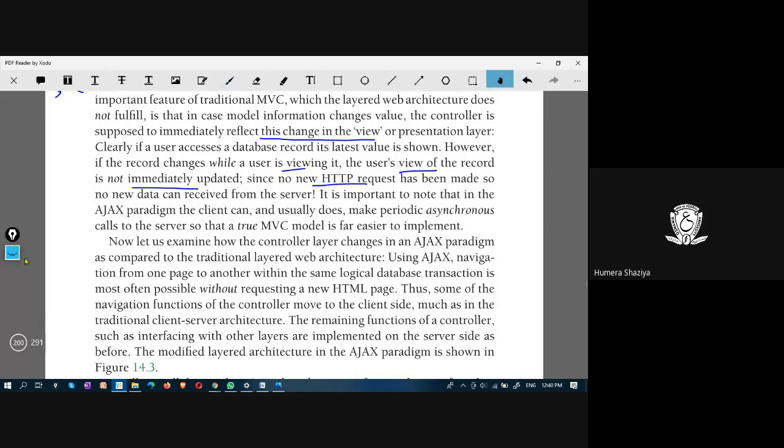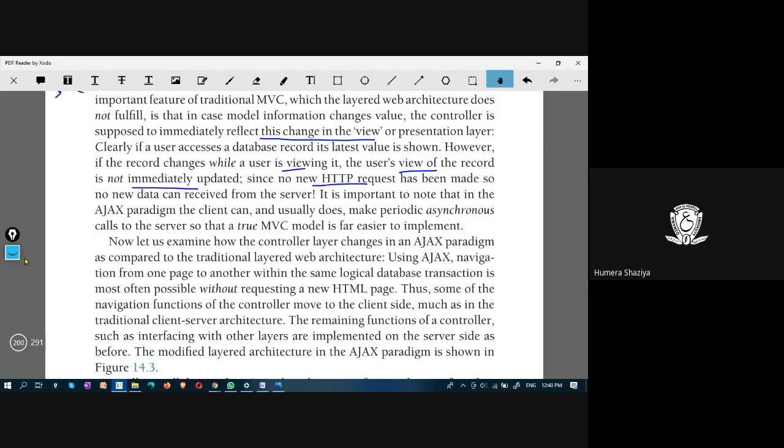The problem here is when the user is viewing the data, and simultaneously it is being modified by some other user. That modification would not be reflected, essentially because there is no request made by the first user, who is reading the data, to the data access or data store.